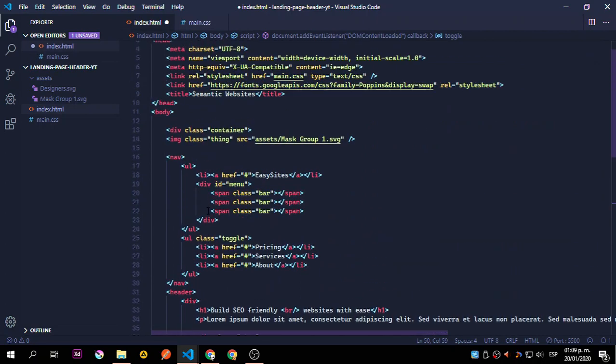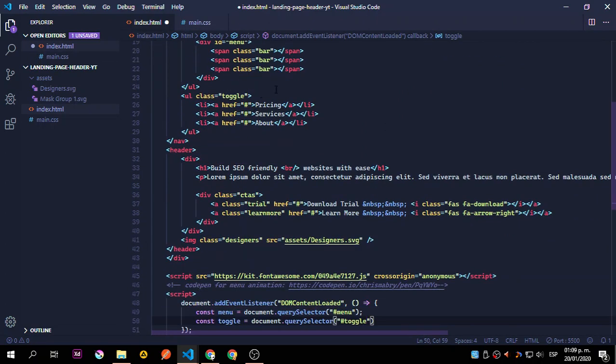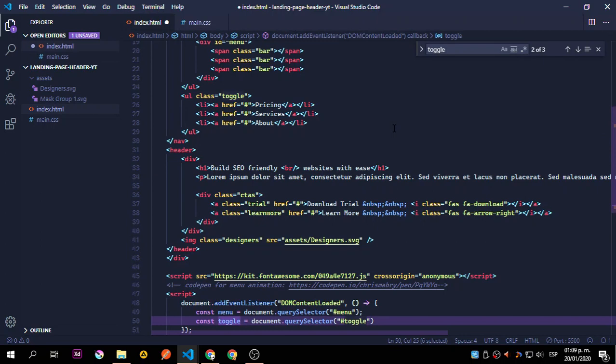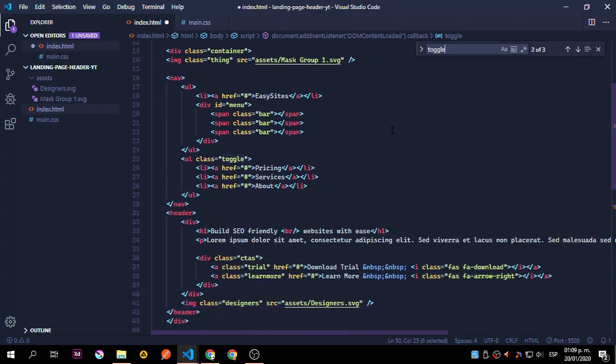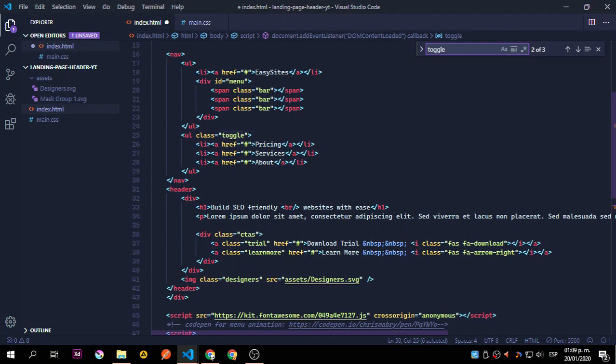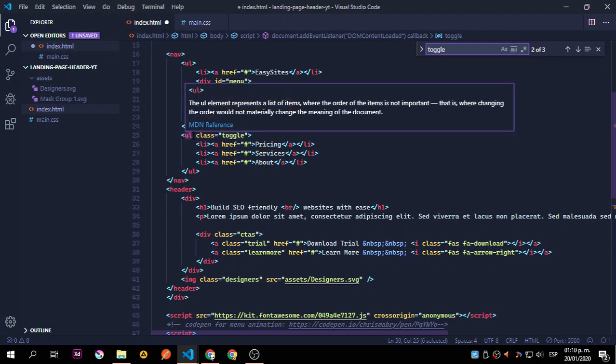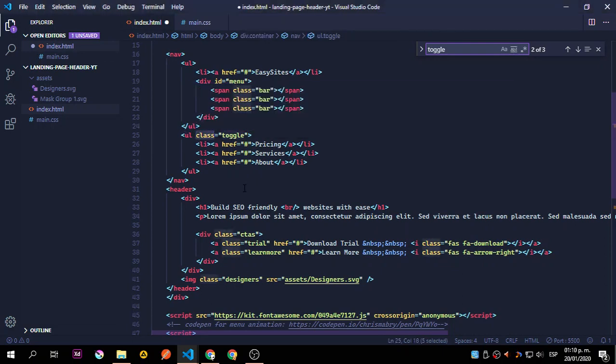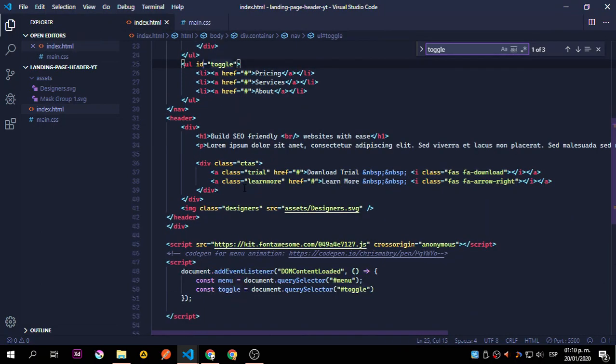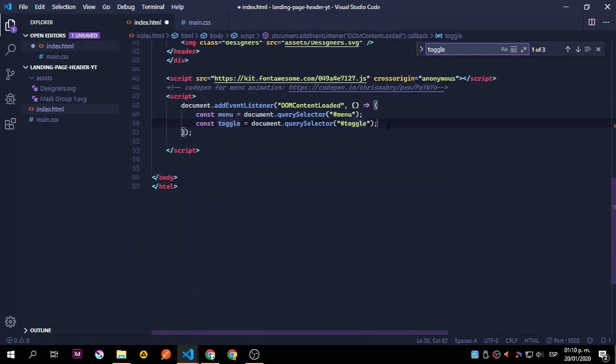Okay, just give me a second. I forgot one ID. Oh no, this is not a class. Sorry about that, this is an ID. So let's change that. That's why I was like, what the hell? Now that we have our toggle, that is the last UL, and menu, that is the hamburger,